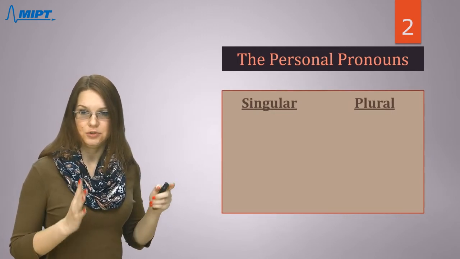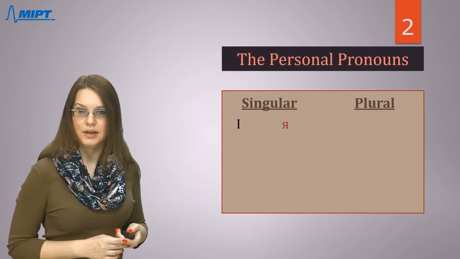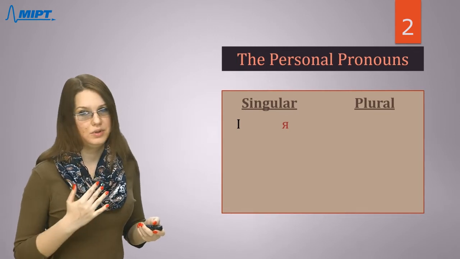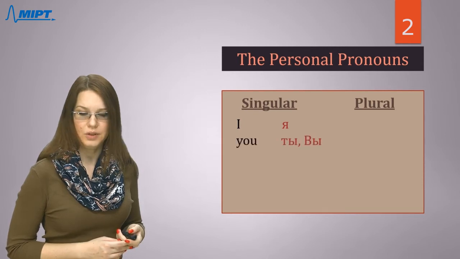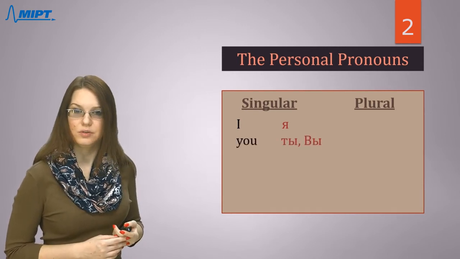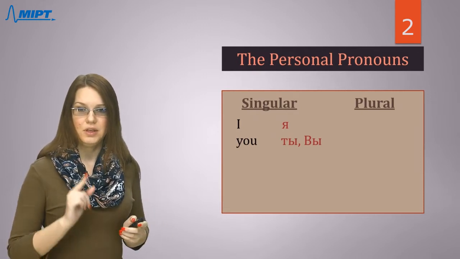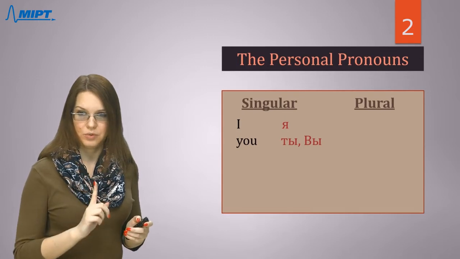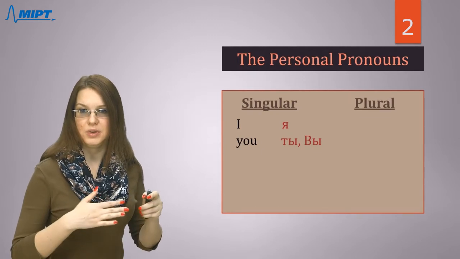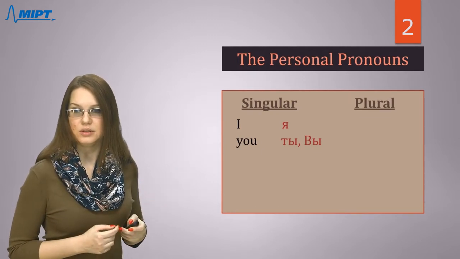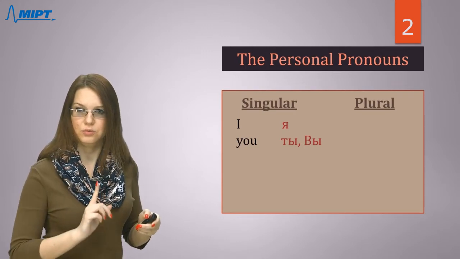Like in the English language, we have forms for singular and forms for plural. So, я means I, or me in some contexts maybe. Я. You, we can say ты or вы. What's the difference? Right now I want to explain this. If you're talking to one person, this person is your friend, for example, or you are the same age, you need to say ты. It's informal, for one person.